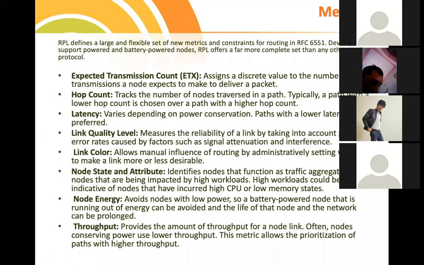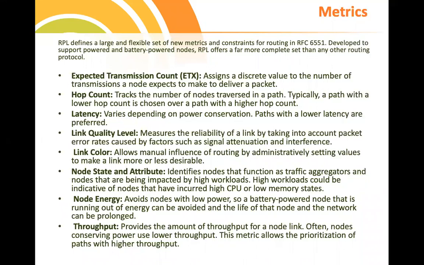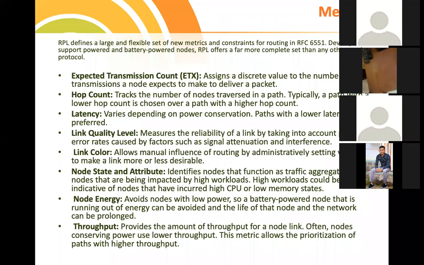And then to maintain with the RPL, we have some metrics or measures. By default, RPL will define a large and flexible set of new metrics. These new metrics are based on the sensor, the data, the application, whatever data we wanted to access. Based on that, we may set up something like rules and regulations. So to deal with those metrics, we have some terminologies.